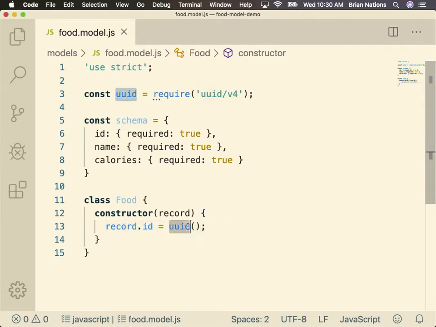I'm going to let it create the ID every time we make one. We make a food item, we get a new ID. Cool? All right. And then below that, we need to check and see, actually, we should go ahead and check